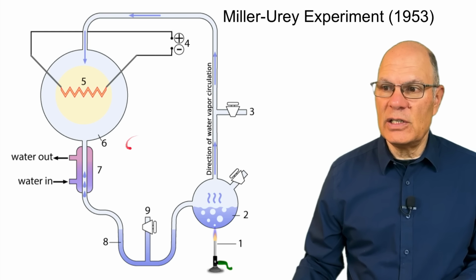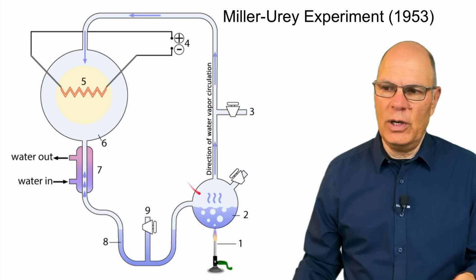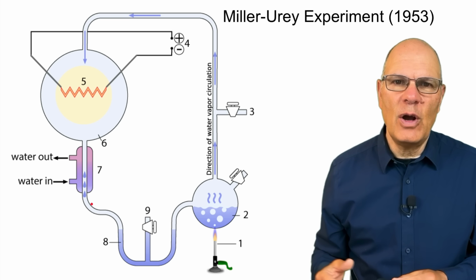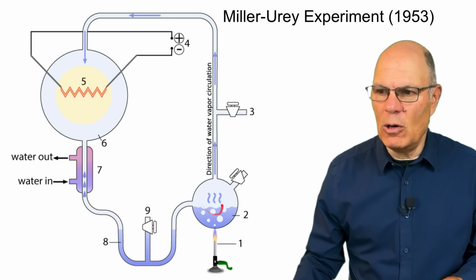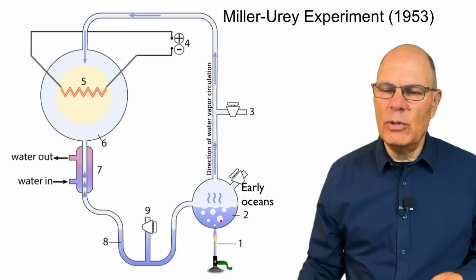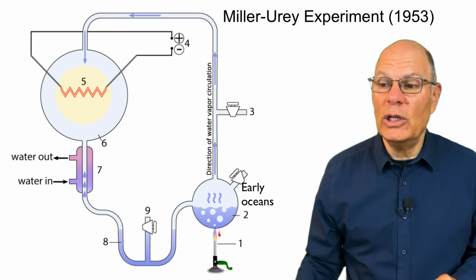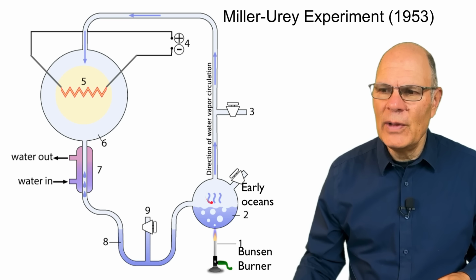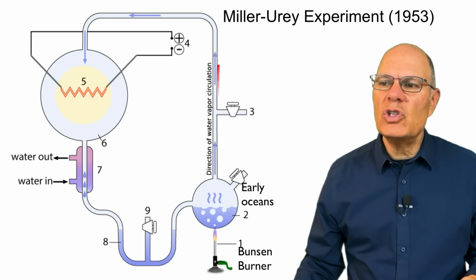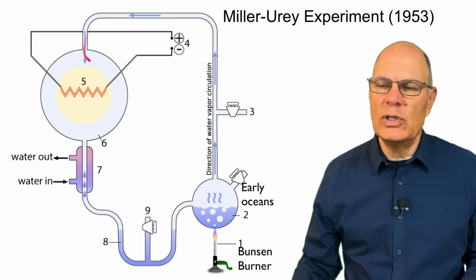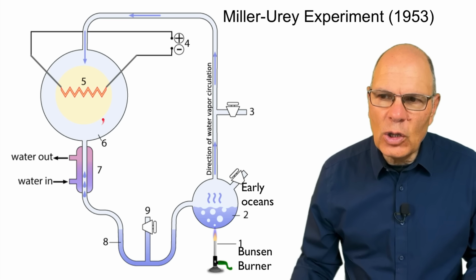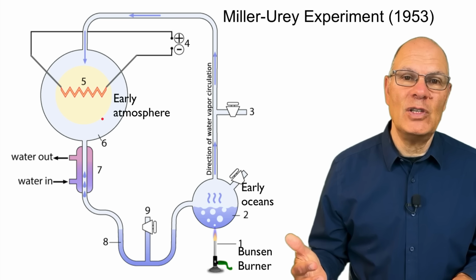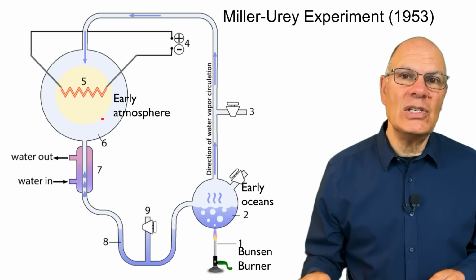They created this sterile apparatus with various chambers and tubings, and the whole thing was sealed off from the outside world and sterile. This chamber over here at number 2 represented the early oceans. It was heated by a Bunsen burner or some other heating device, and then the steam circulated through these tubes over here. This large area over here is a chamber that represented the early atmosphere, and it was loaded with gases that were supposed to be